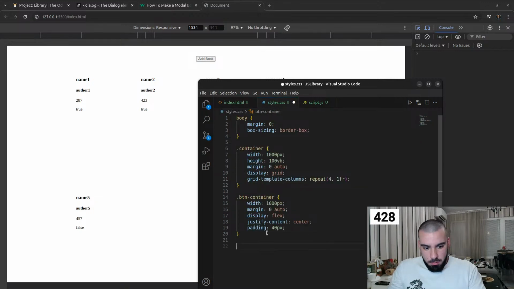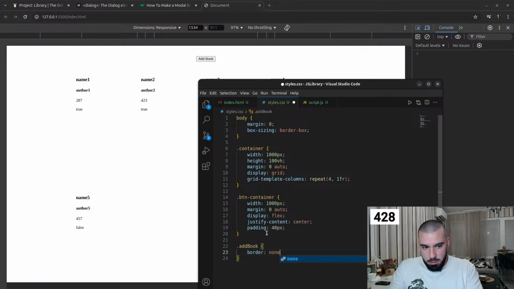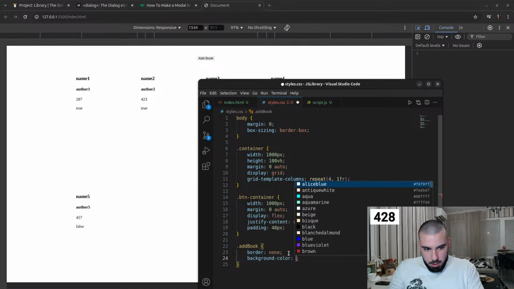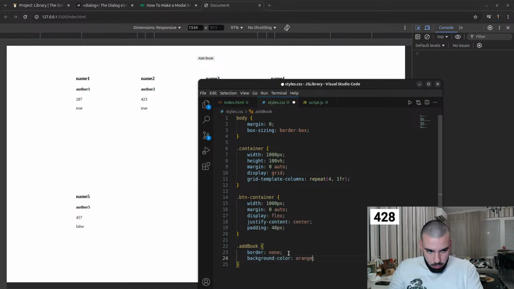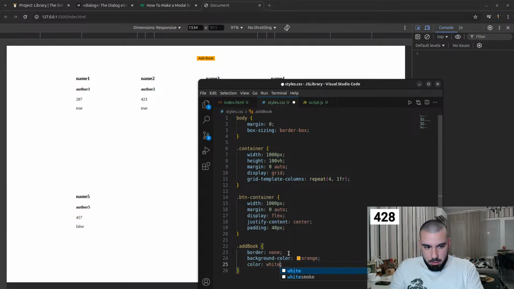Let's style the button quickly. Let's give it add book. We'll give it border of none. We'll give it a background color of orange. We'll do color white, font weight of 700,